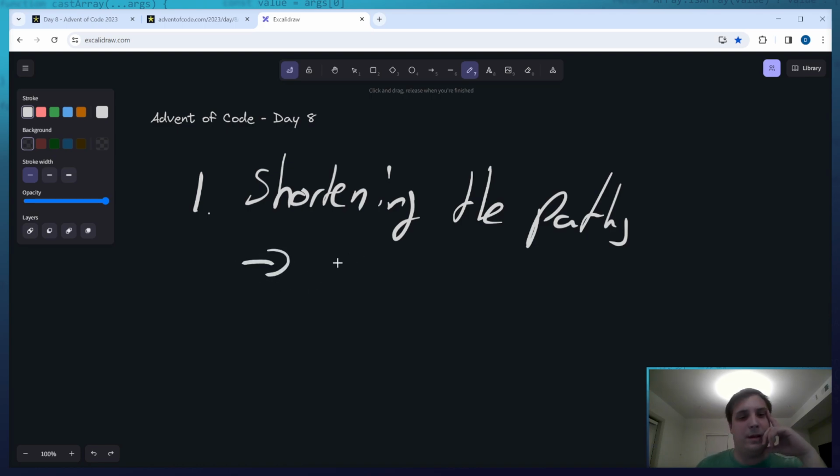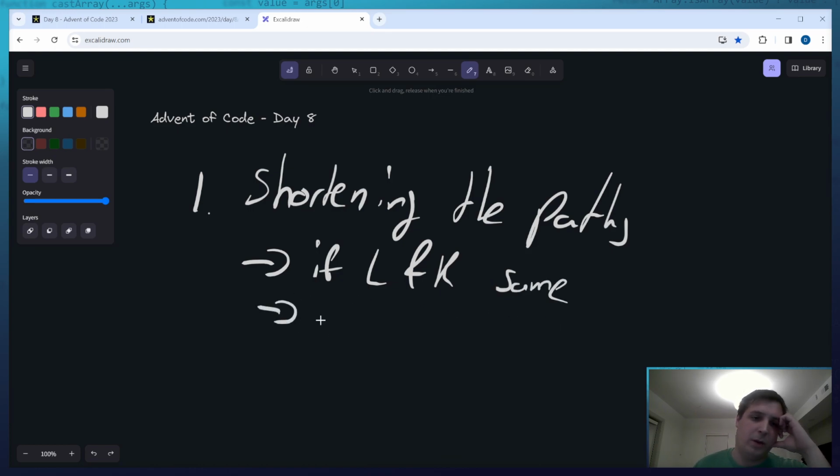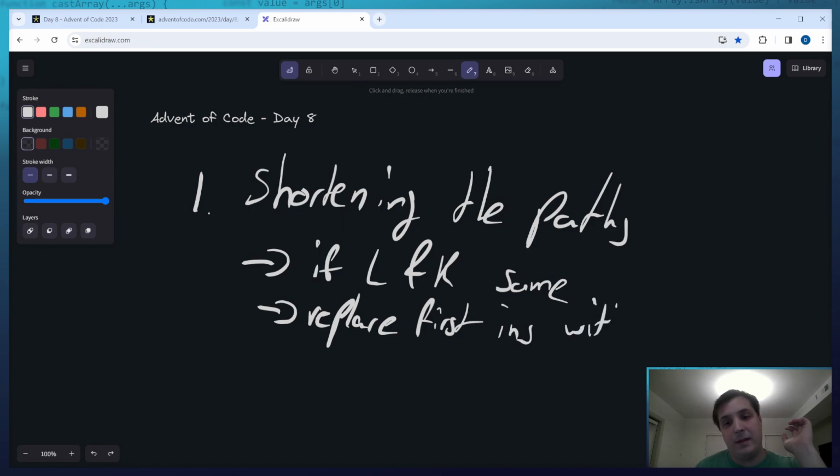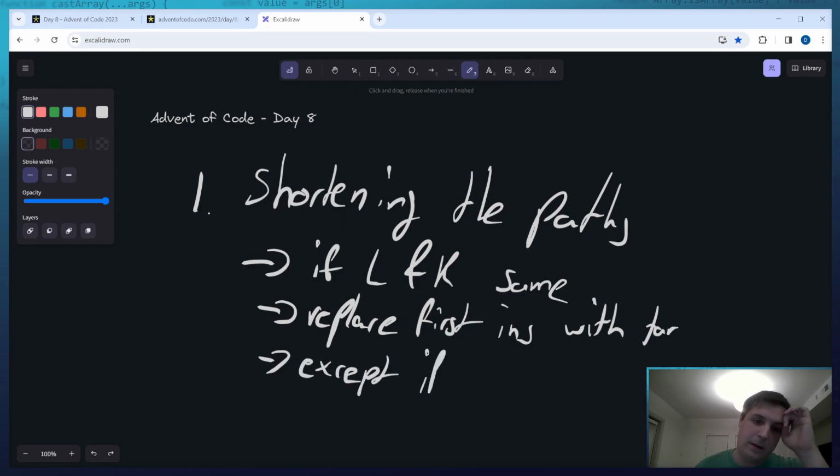And the way that we do that is if L and R are the same, we can just replace that original instruction with the target, okay? Except if it's at the very end of that.